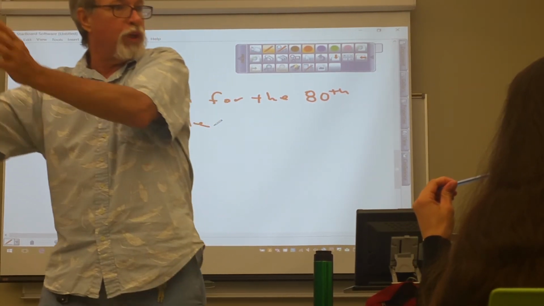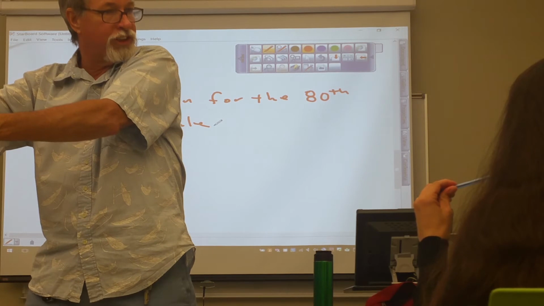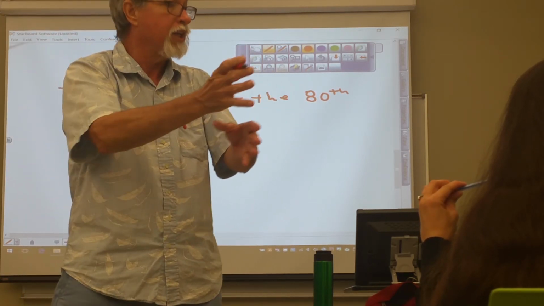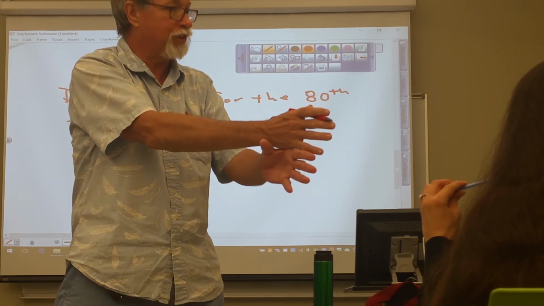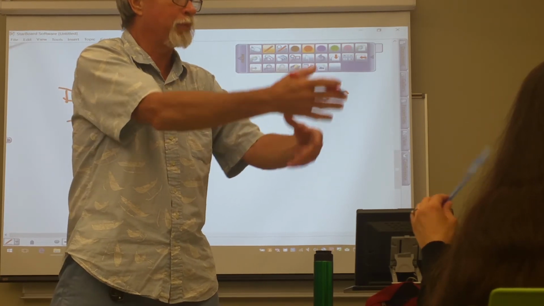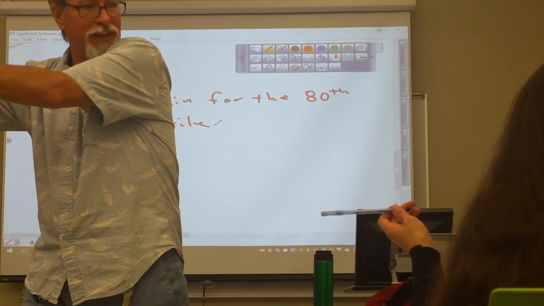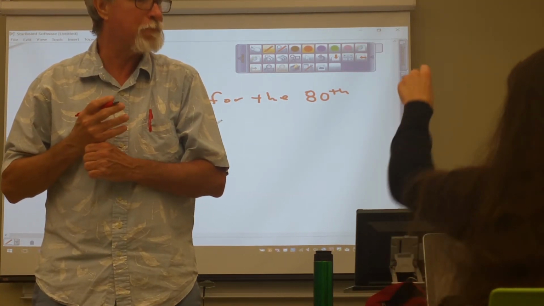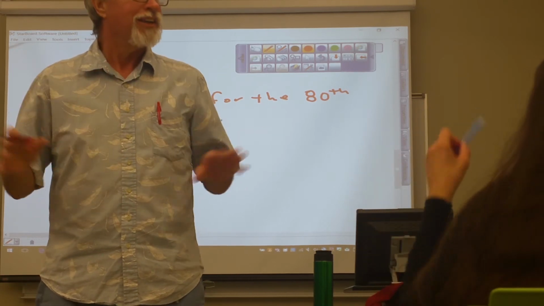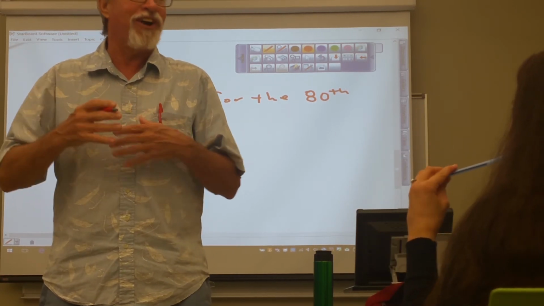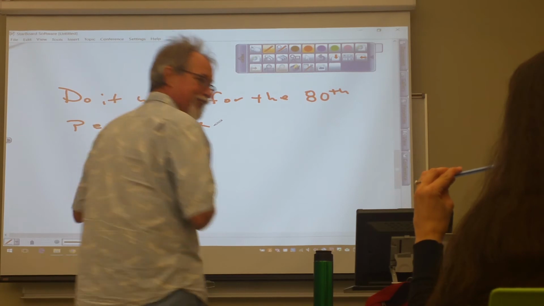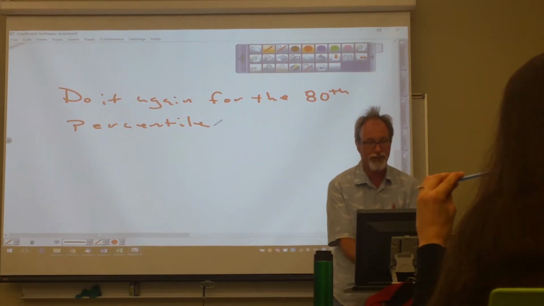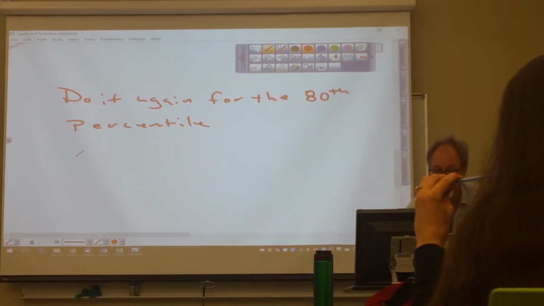We had been calculating the z-score and then finding the probability. We're doing it backwards now. I'm giving you the probability, the 80th percentile, and we have to find the associated z. Are we using that? I thought we were doing all that other stuff. No, that is the same thing as before. That is a probability. This is the actual z-score. So for me to do this, the first thing I have to do is remember